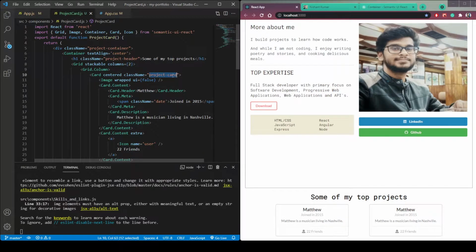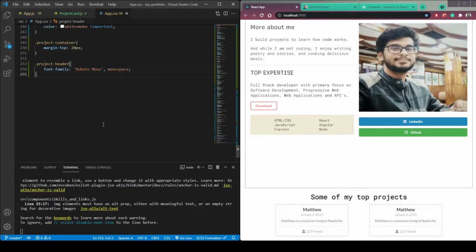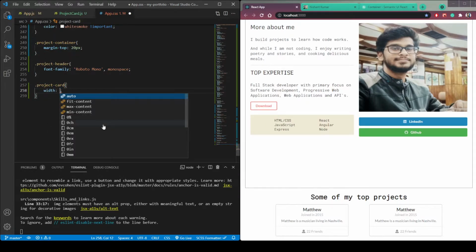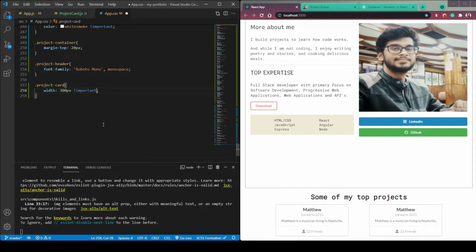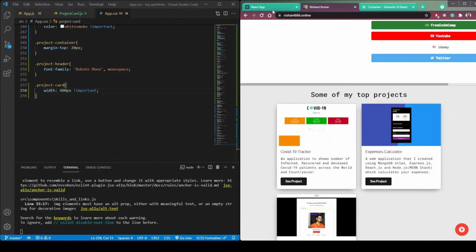So copy this project card and in app.css let's make the width 300 px. We need to use the important property to make this width 300 override the original width, but let's increase it a little bit more, 400. Okay, 400 is fine.